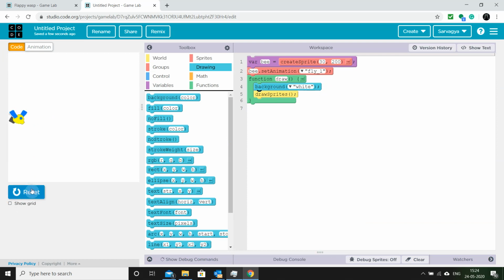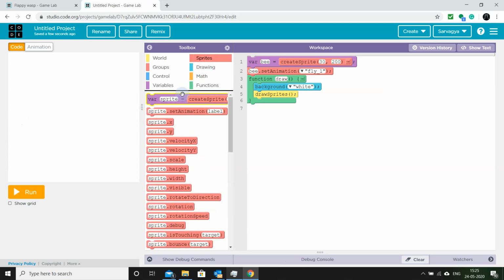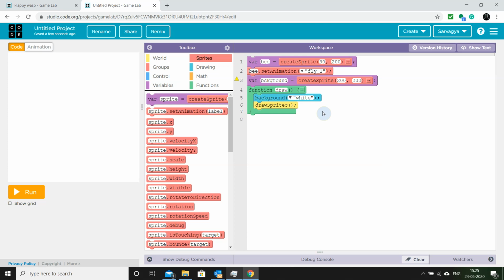Now let's set a background for our game, for our program. So we'll make another new sprite. You can name it anything, but I'm naming it background with not the exact spelling of background, because it's going to give us an error saying that background is already defined. So I'll give it an animation, set animation,